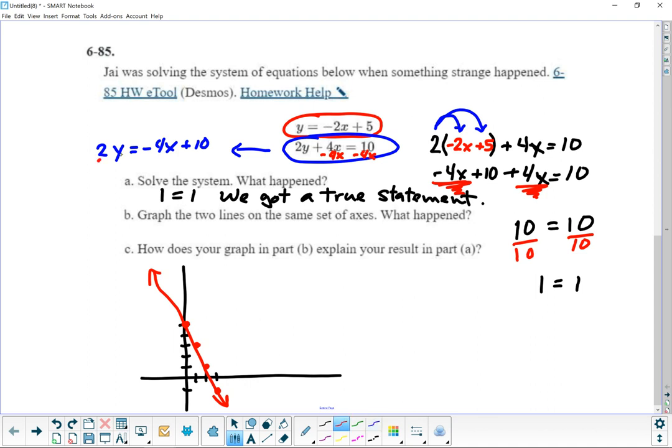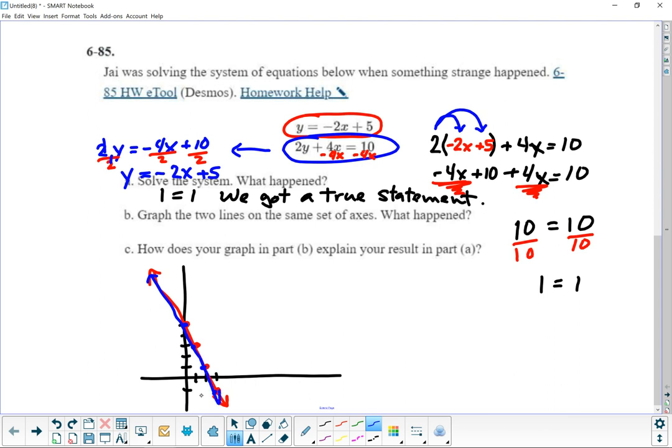Then I'm going to divide by 2, and that will give me y equals negative 4x divided by 2, which is negative 2x, and 10 divided by 2 is a positive 5. And if I graph that, guess what? It's the same exact spot where the other one is. It's at positive 5, down 2 over 1, down 2 over 1. You notice that it's actually the same line that I just drew,